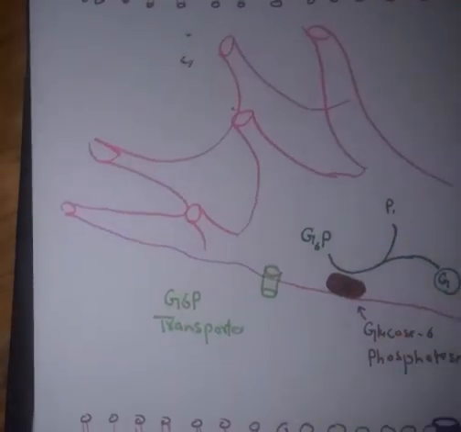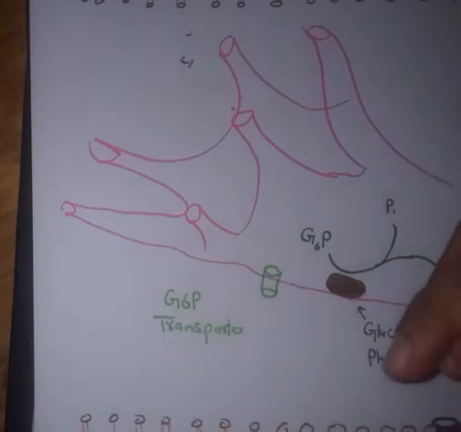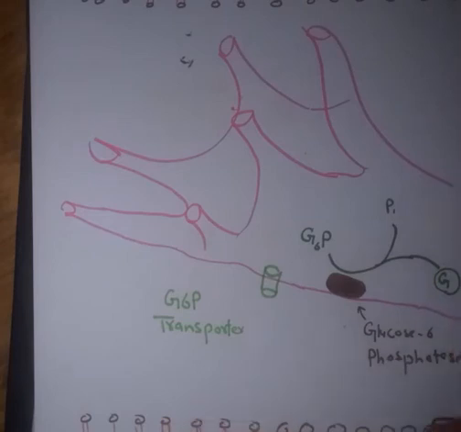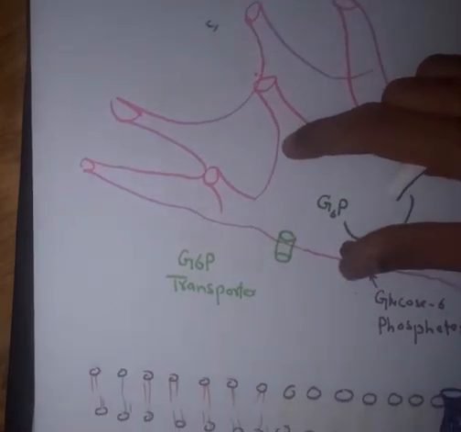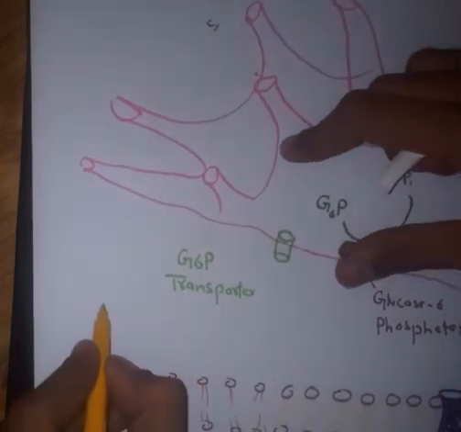Now what happens when you are on starvation and there is a low glucose level in your blood? You know what happens? The glycogen, the stored form of glucose in your hepatocytes, your kidney cells and your muscle cells. Glucose was stored in the form of glycogen. Now what will happen? During starvation, when needed, when you are not taking glucose in, the stored